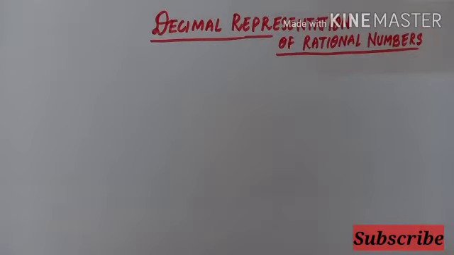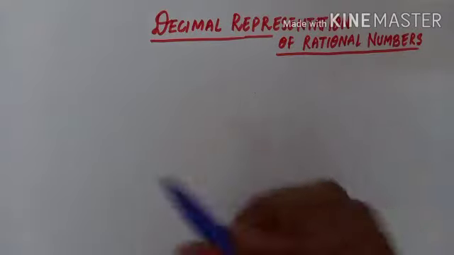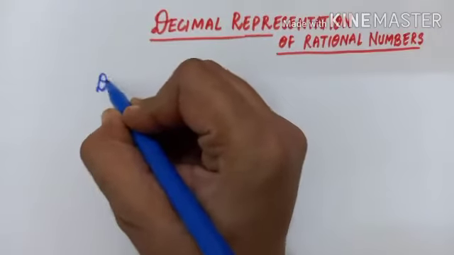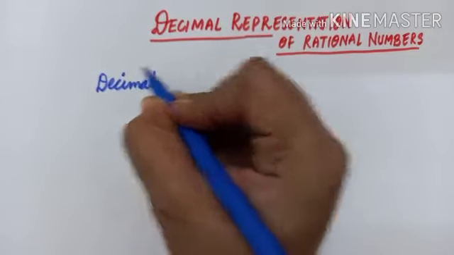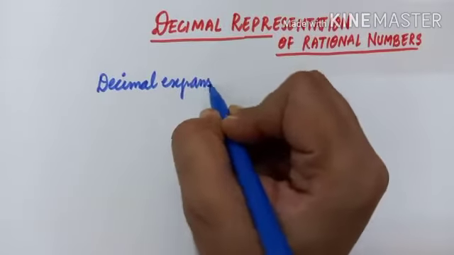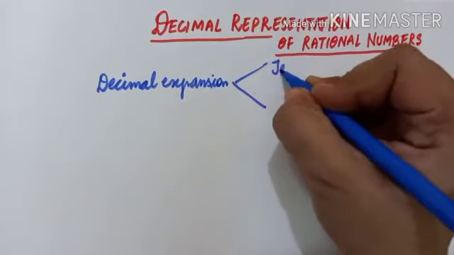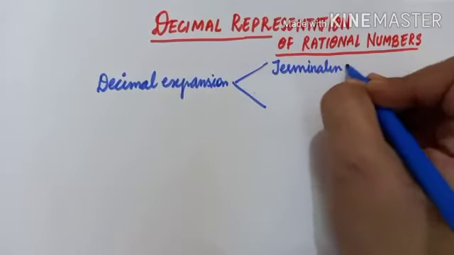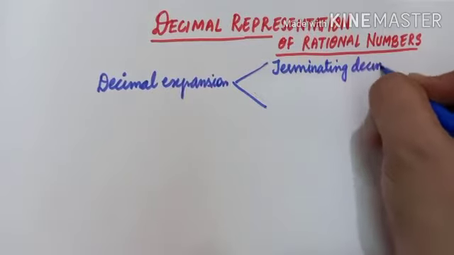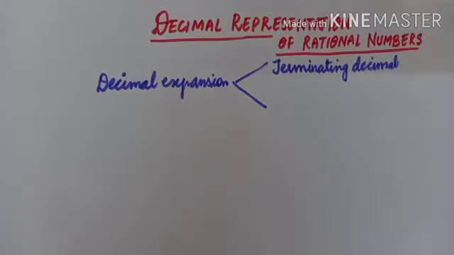Hello everybody. In this class we will learn about the decimal representation of rational numbers. In this section we are going to express rational numbers in decimal form. We will observe that every rational number has a decimal expansion. Here the decimal expansion is of two types. This decimal expansion can be either a terminating decimal, or else it can be